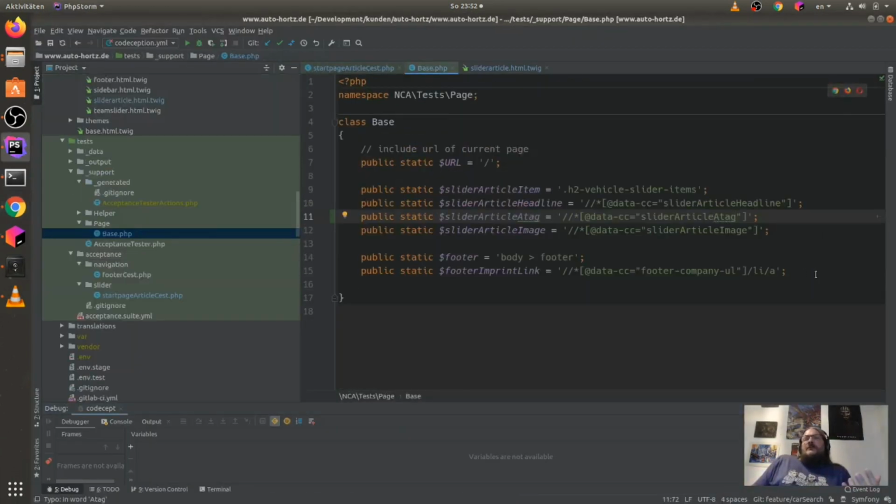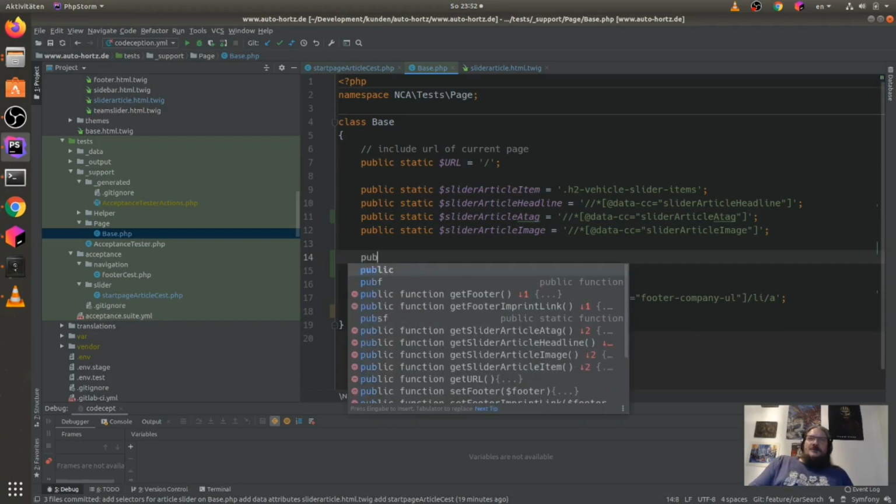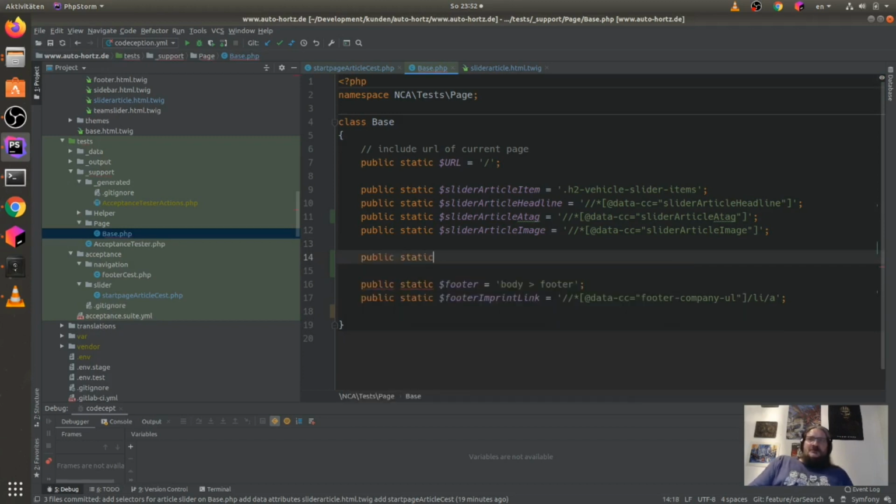I think on this little project we can handle all our stuff here in our base page object. Public static $slider. It's not slider, it's article detail headline.